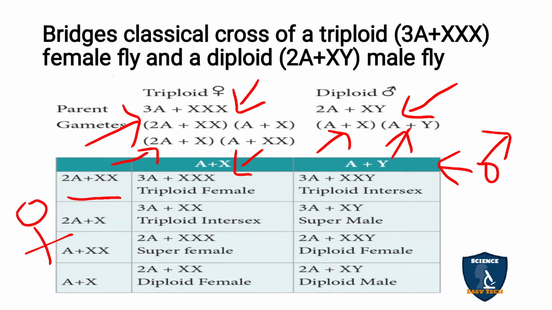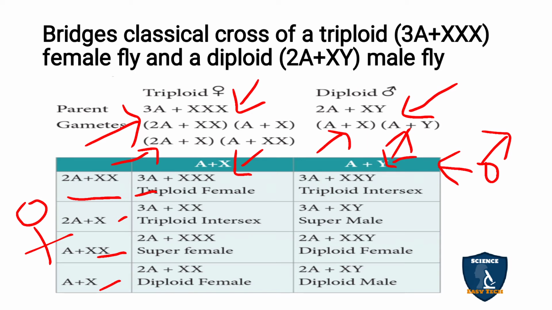Next you are writing this one, 2A plus X, and here you are writing this one, 2A plus Y, and next this one, that is A plus this one, A plus XX and A plus X. So now what we are going to get in the checkerboard is 2A plus XX, 2A plus XX plus A plus X. So 2A plus A is